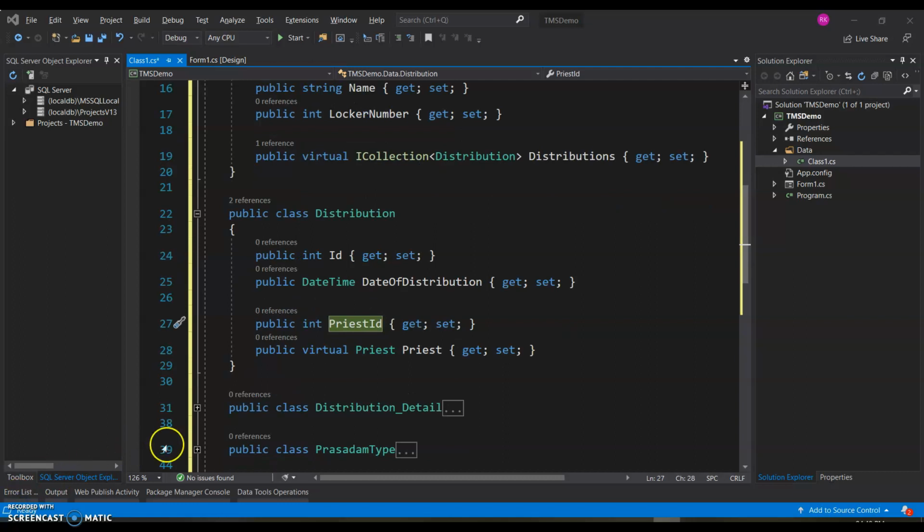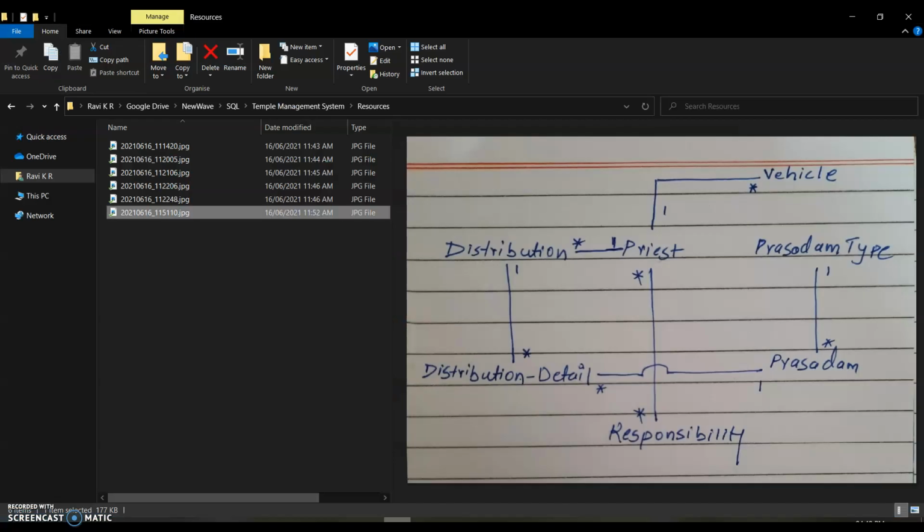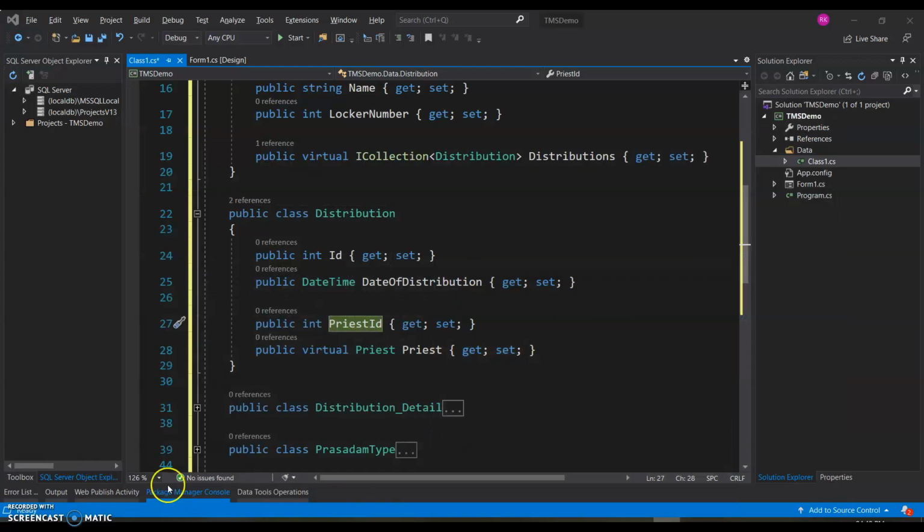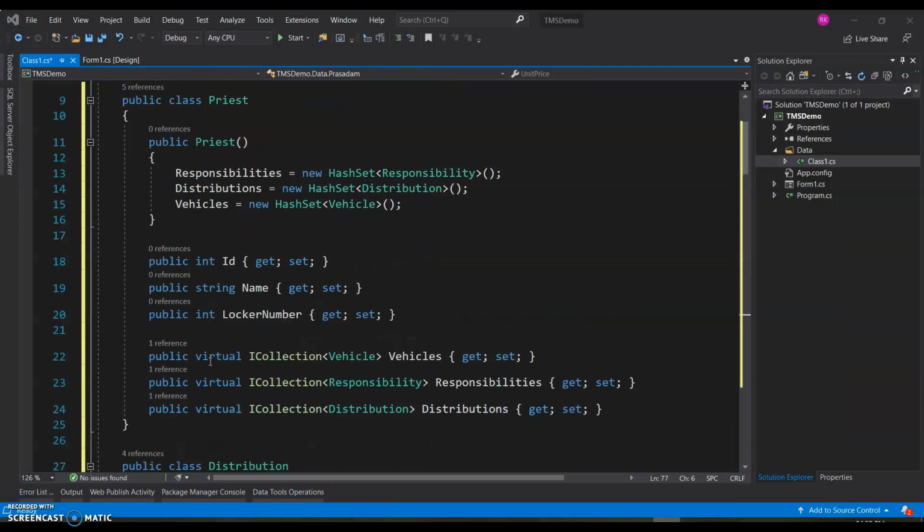So next, let me just go ahead and do this kind of association with all the other entities, just the way it is there in our diagram. So once I have formed the relationships between the entities, it looks like this. Let me just scroll you through.